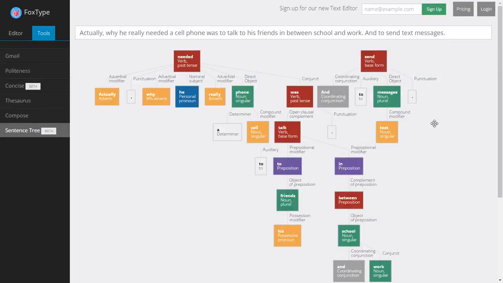This is an interesting site that somebody sent me a link to this morning. And so I'm just looking at it. I haven't figured out exactly what it'll be most useful for, but the address is foxtype.com. And once I got to that homepage, then I clicked on sentence tree, and I had copied a sentence from